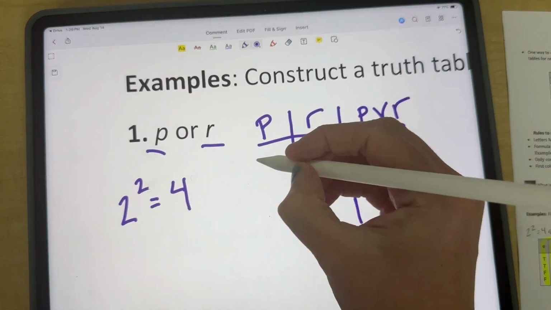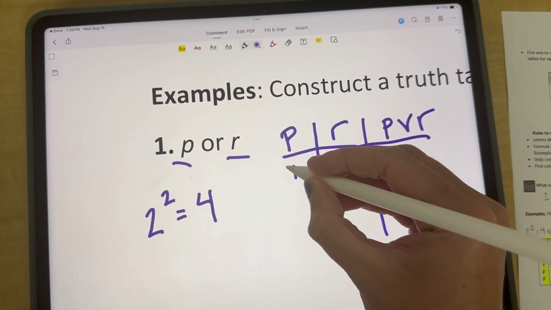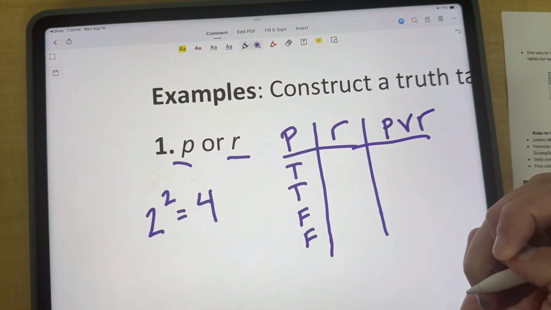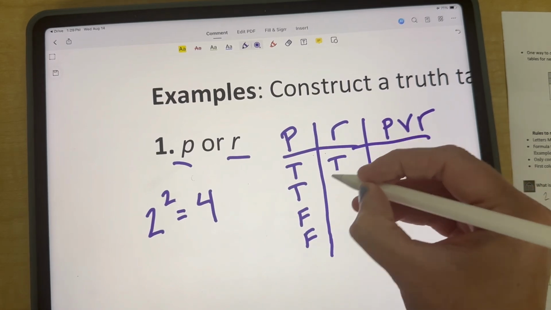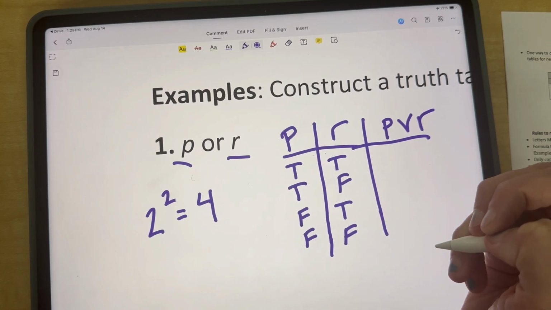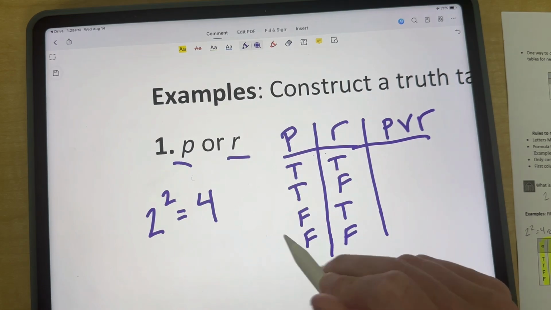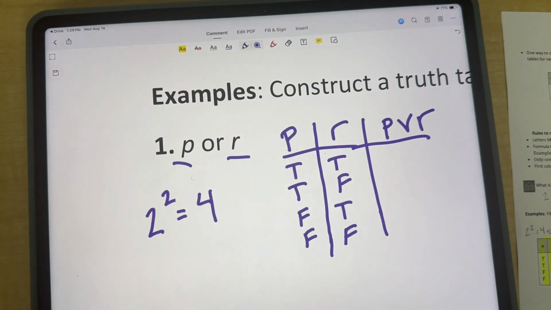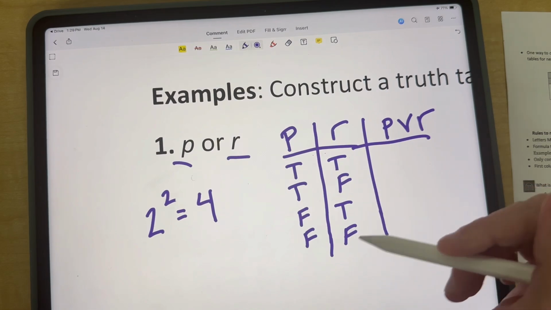This should have 1, 2, 3, 4. Again, what's half of 4? 2. So the top 2 will be true. The bottom ones will be false. Okay, for R, you can have true, true, true, false, false, true, false, false. So you're creating options. Both are true, one's true, one's false, this one's true, or they're both false. That's all the combinations you can have. That's what you're doing. You're creating how many combinations. So in the other ones, you had 8 combinations total. This one, again, the top 2 true, the bottom 2 false, and then every other one.